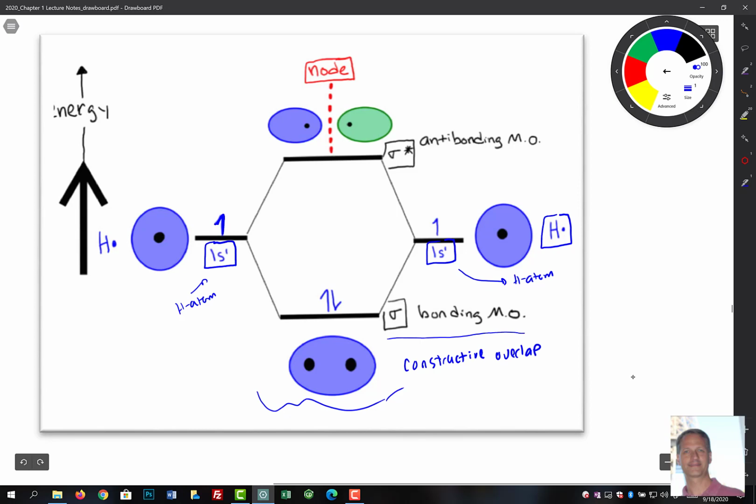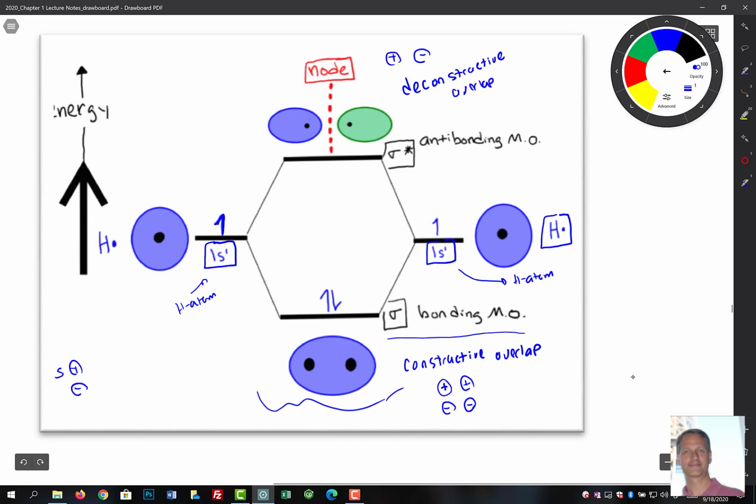overlap. Remember, if we talk about the s orbital, we have a positive and we have a negative. So down here for constructive, it's a positive added to another positive, or it could be a negative added to another negative. All right, so if we add them out of phase, that would be a plus and a minus, we get a destructive overlap. So up here at the top, we have destructive